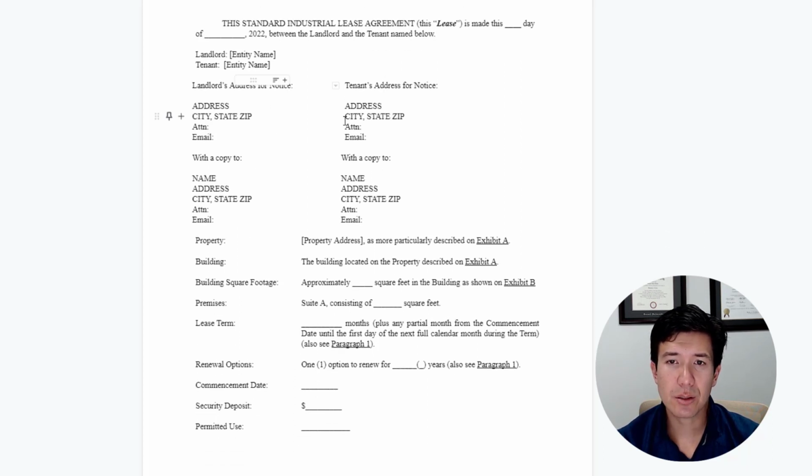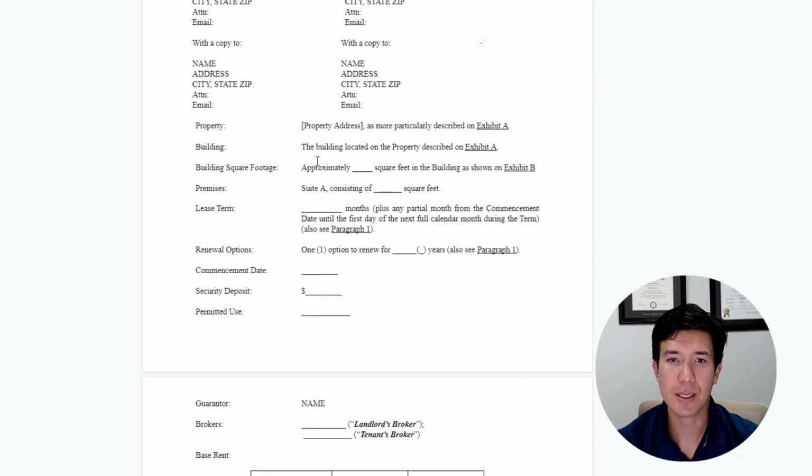Notice addresses. These are super critical. Later on in the lease, we'll see what type of notices need to be mailed versus copied to. What this means is notice is not sufficient if you only mail it to the landlord. You also need to mail a notice to the attorney, as well as by email. So we'll get into that a little bit, but it's really critical that when you're trying to comply with the terms of the lease, you look at the notice section and fully comply with all of these notice provisions.